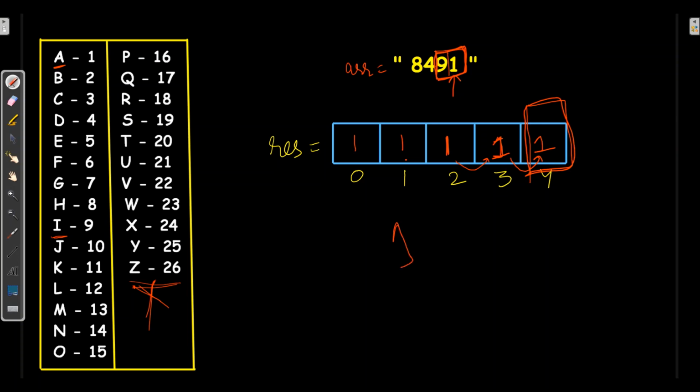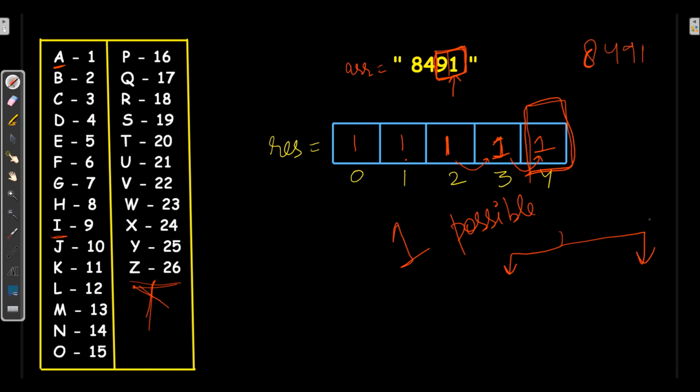That means there is just one possible way to decode 8491. Here also the same strategy as recursion, where we check for single digit as well as double digit at each point. The same strategy I followed in the tabulation method.